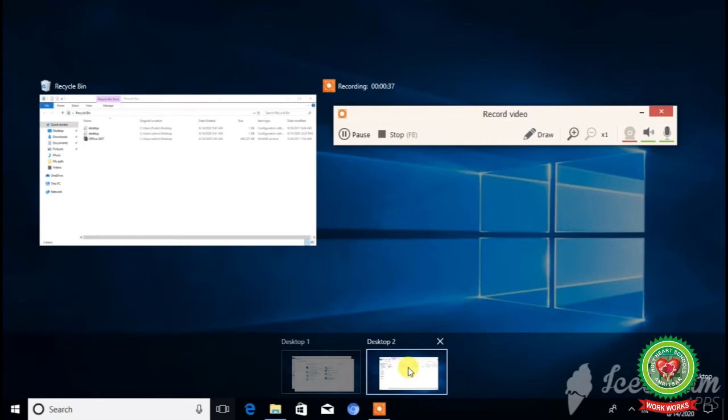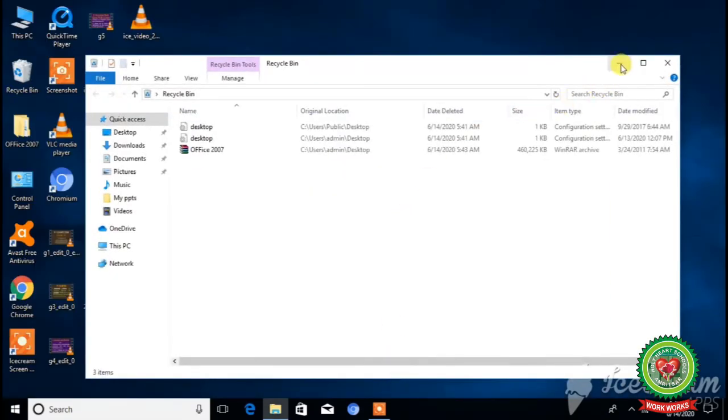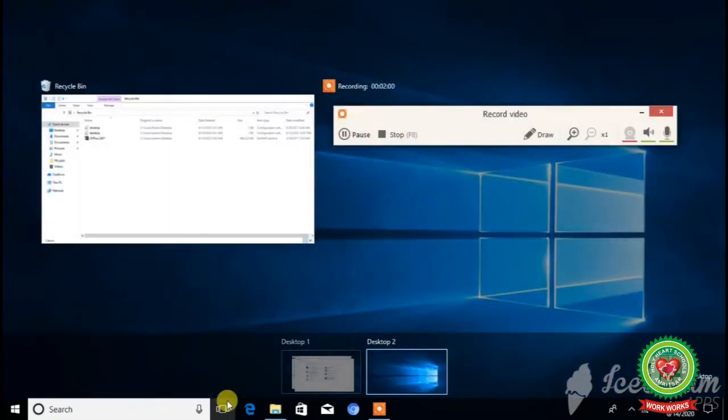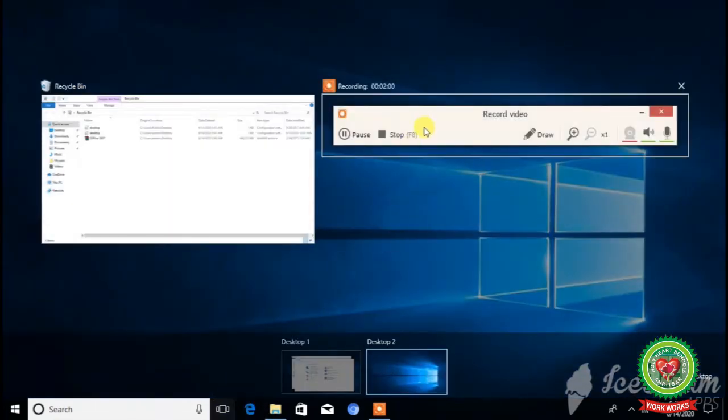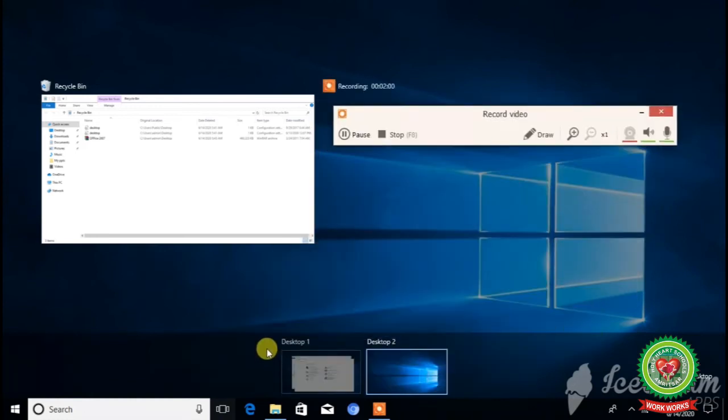Now suppose you want to delete desktop 2, then firstly you have to drag these 2 applications from desktop 2 to desktop 1.